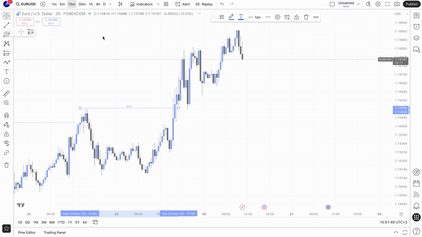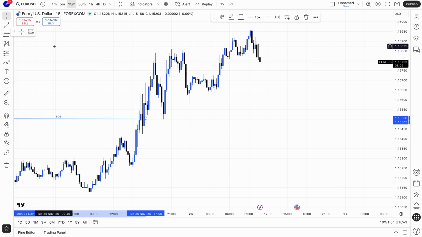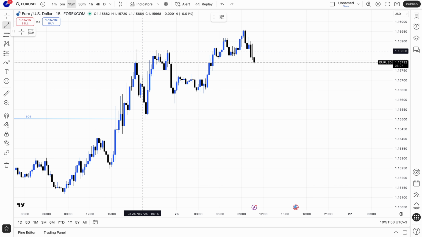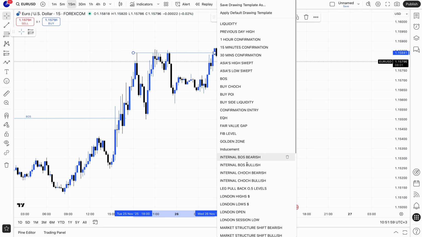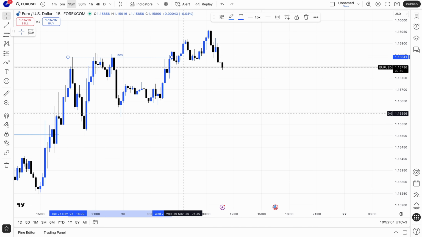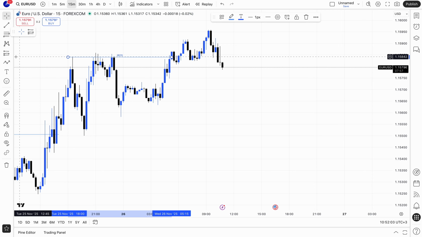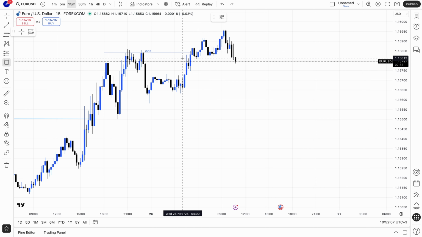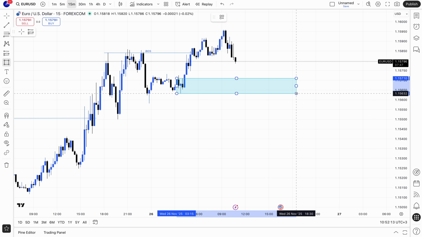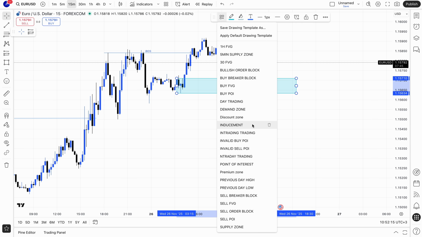Then we had to go to 15 minutes, then we have our break of structure to the upside. It's not a valid pullback. Then our first order block is this one, although it was mitigated already. Then you can use this first order block. This is our first order block, which is this one,